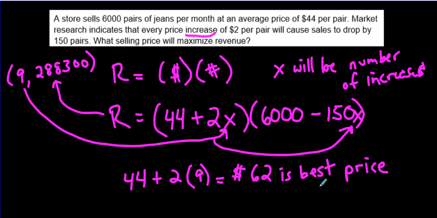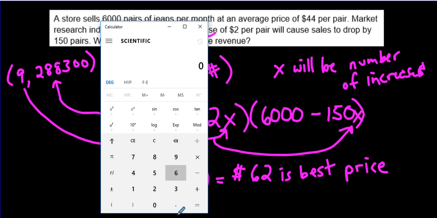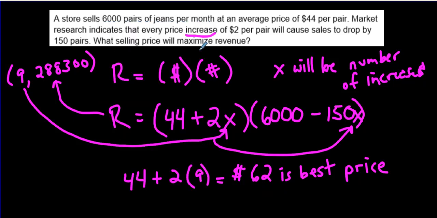Okay, if they said how many jeans will you sell at this price, you would just put the 9 right here. So 6,000 minus 150x. Okay, 6,000 minus 150 times 9. That'd be 4,650 pairs of jeans. But they're not asking that question here. I'm just showing you how to find it in case they asked. Okay? They could also ask questions like,